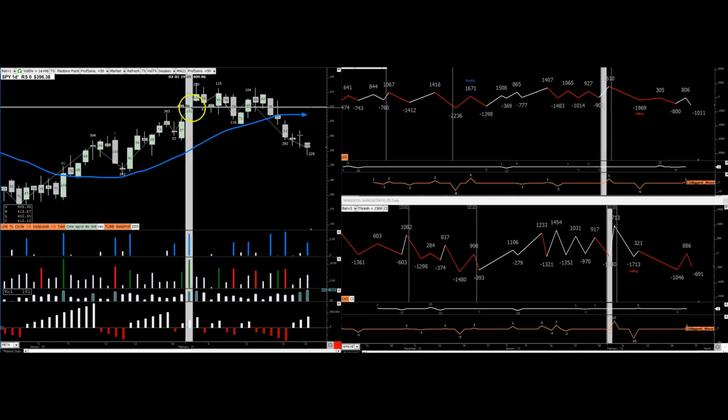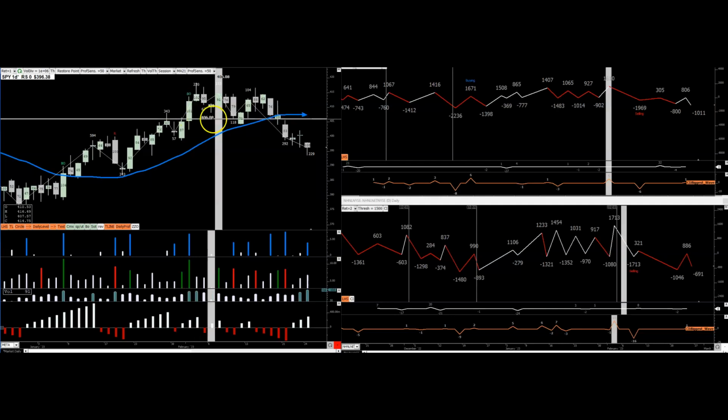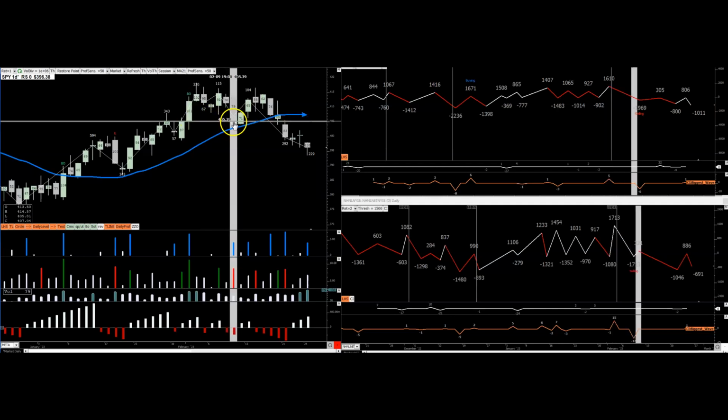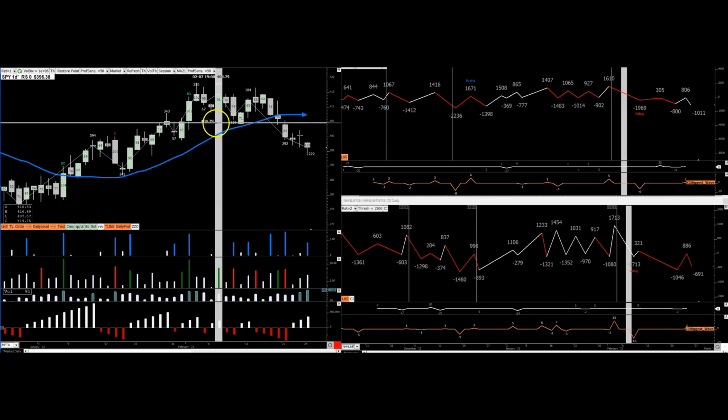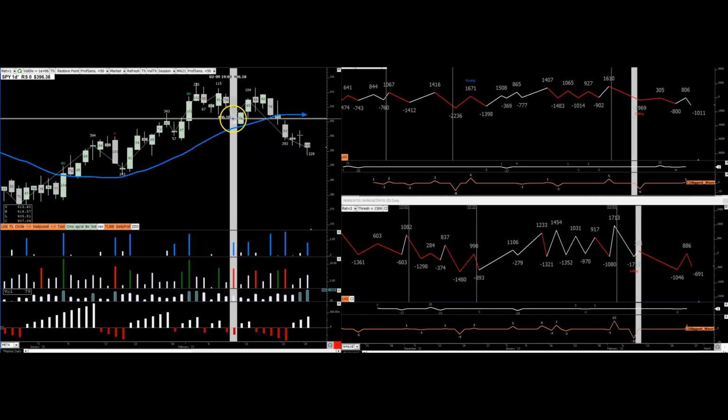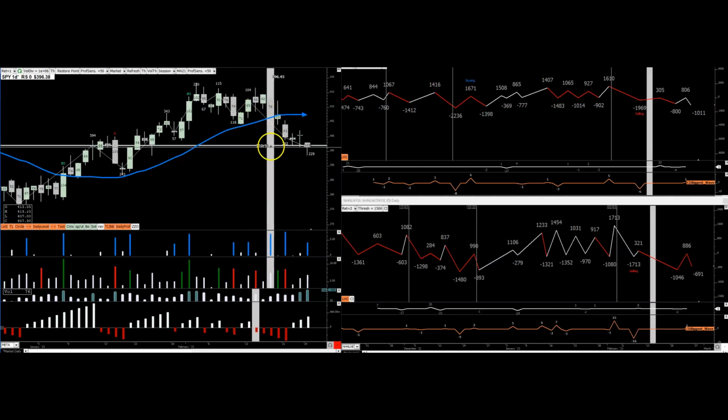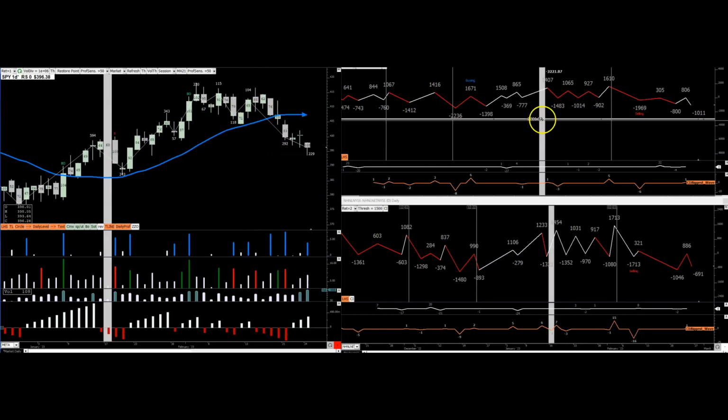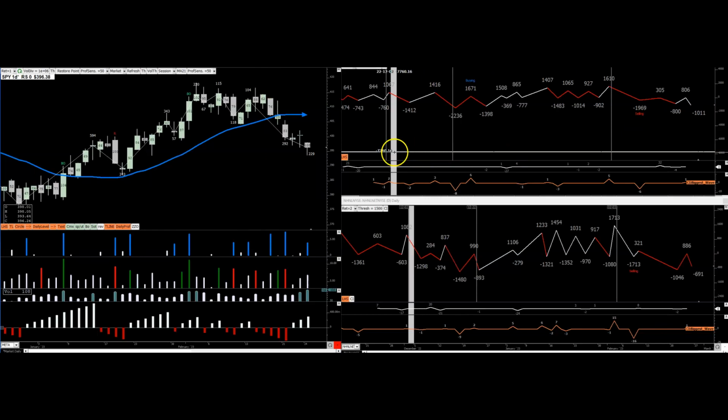Anyway, on the SPY, you had a breakout on 101 million, and then it pulled back. When it pulled back, it did a test on the SPY, and then it had a little bounce. But on that pullback, you had